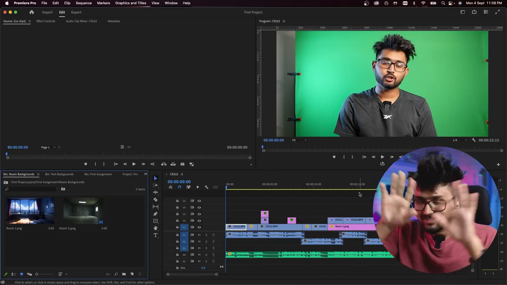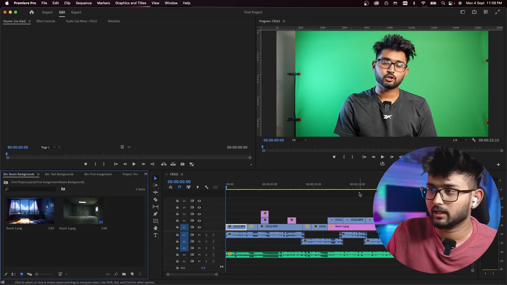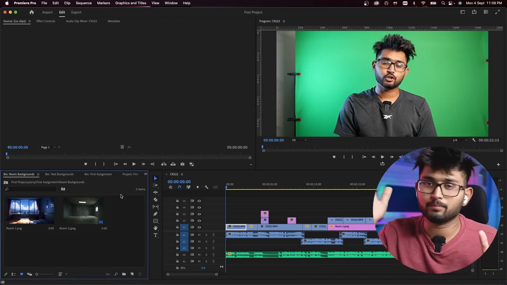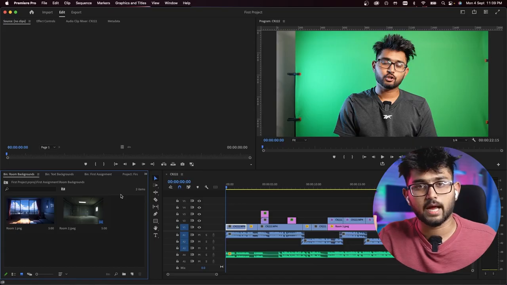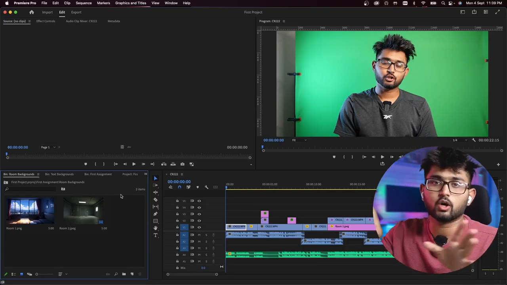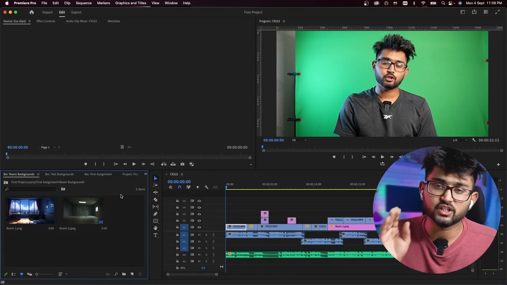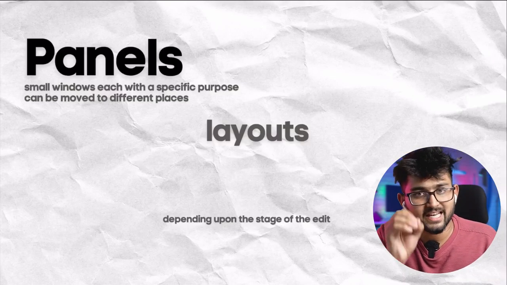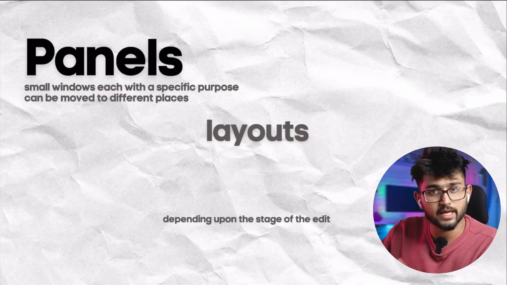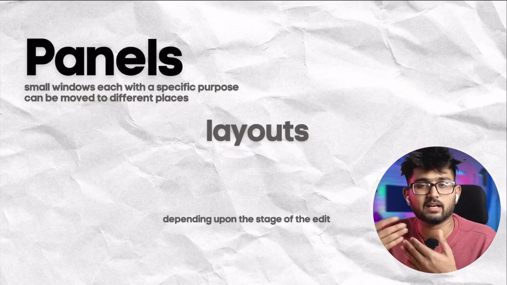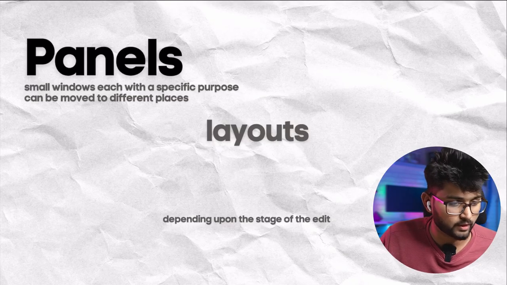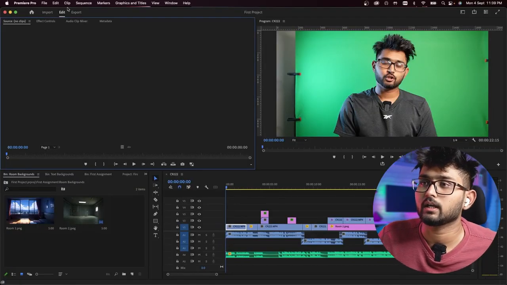And this is called one of the layouts, and we can have multiple layouts. You can have different positions of panels, and each set of these positions is called a layout. Depending upon the stage of the edit, we have different workspaces. So depending upon the stage of the edit, we'll have multiple layouts, and these layouts are called workspaces, right? For example, if you get back to the Premiere Pro interface, you see here,